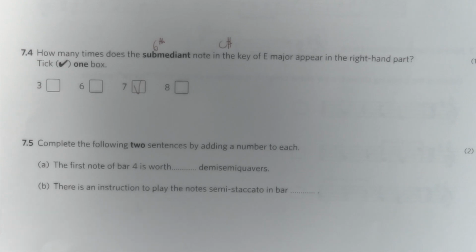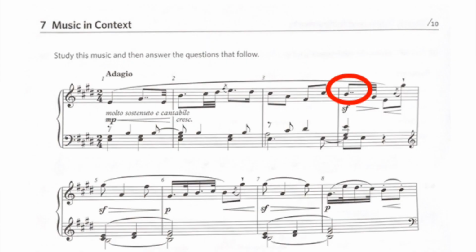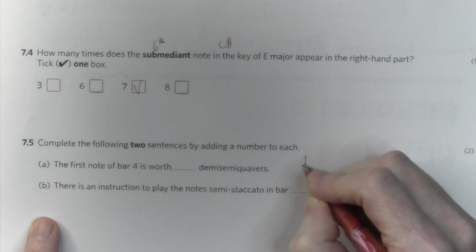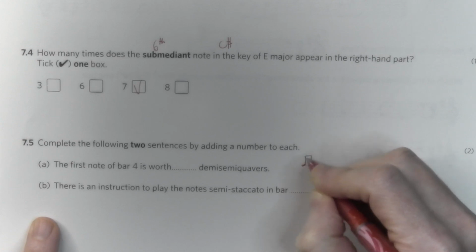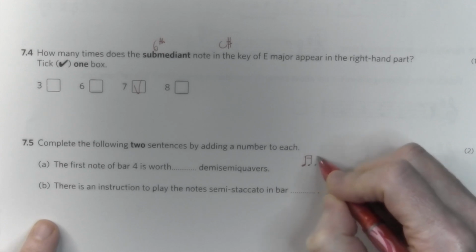The last question. Complete the following sentences by adding just a number. The first note of bar 4 is worth a certain number of demi-semi-quavers. Okay, the first note of bar 4 is a double dotted quaver. Now, a quaver equals 2 semiquavers, and each semiquaver is